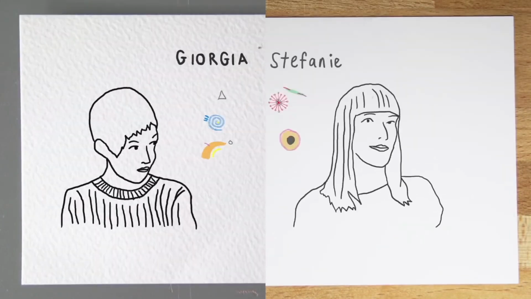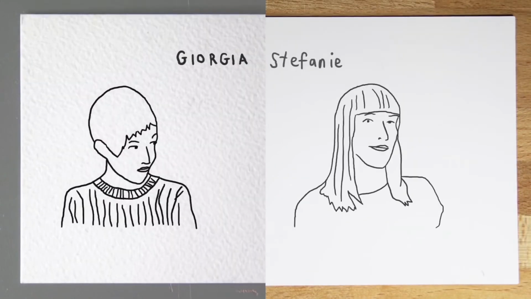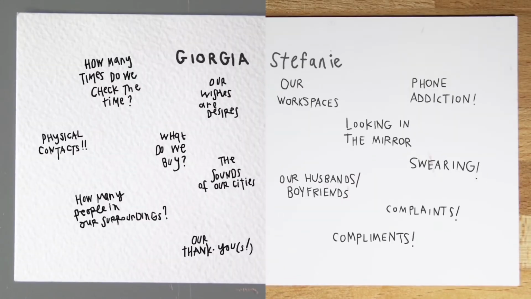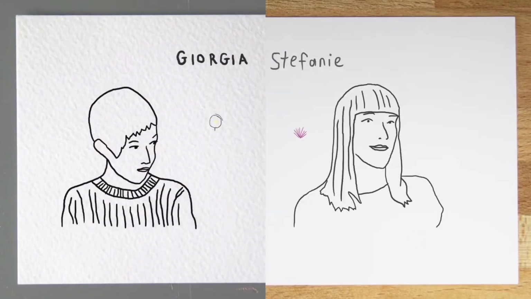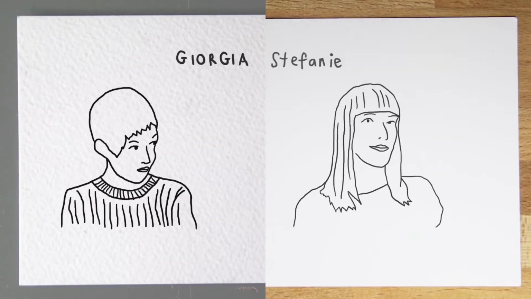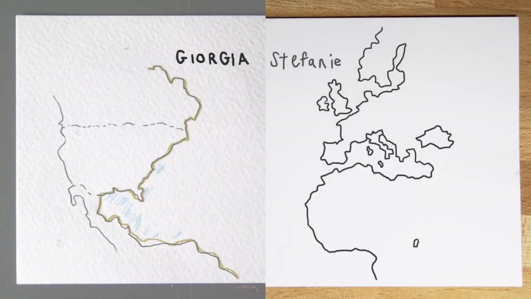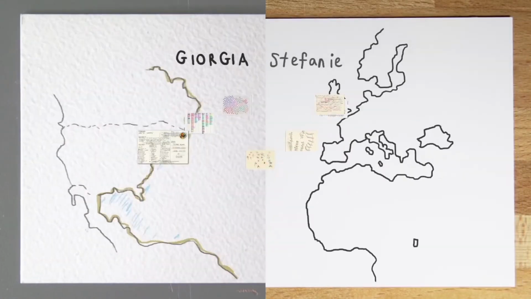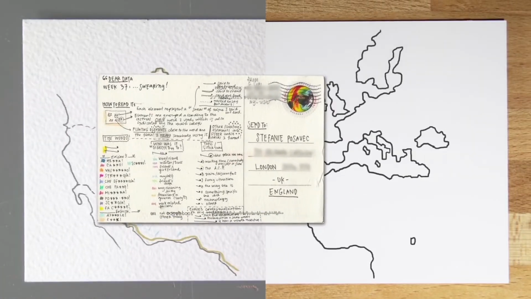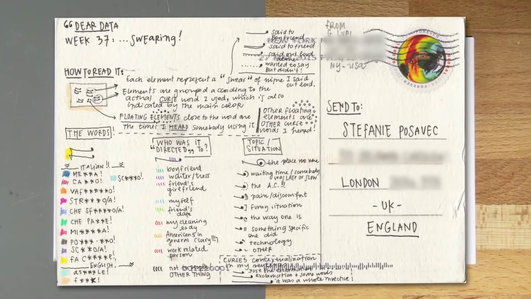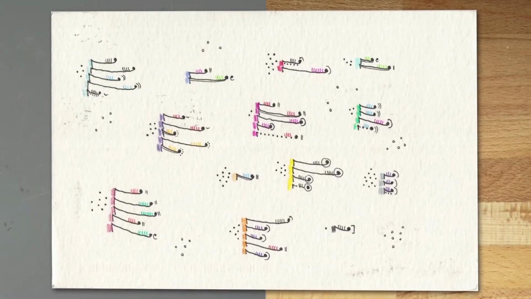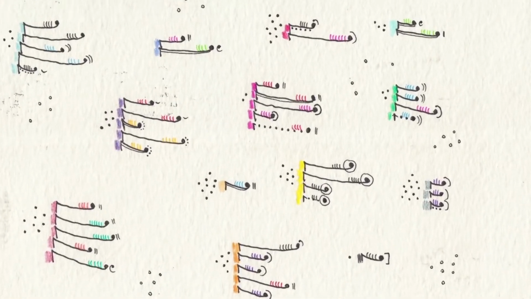Dear Data was conceived as a new type of correspondence through creating and sending hand-drawn data postcards across the ocean to each other. We collected personal data around a shared topic in order to investigate and reveal aspects of ourselves and our days to share with the other person. By counting and reducing in a way to data even the most shameful personal revelations, they somehow felt not so shameful anymore. They are data.